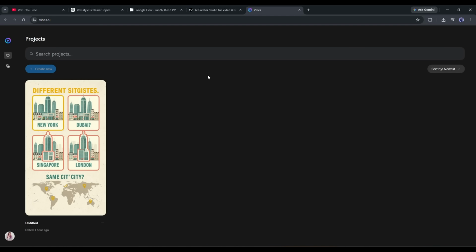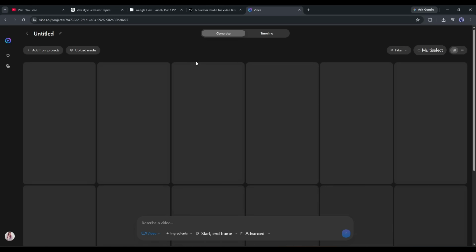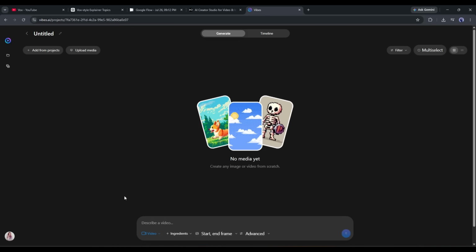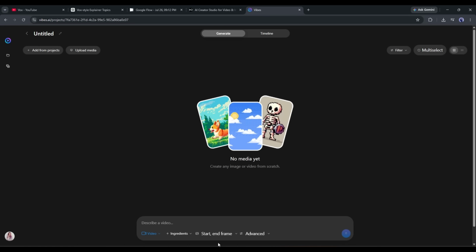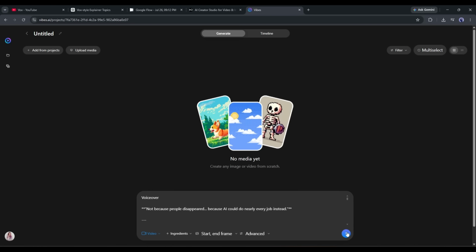Once you are on this page, click on the Create New button from here. This is the content generation page. At the bottom, you will find the prompt box. Now first, select the mode. You can create video, image, and lip sync video. I am selecting video. Next, you can add character, style, and scene. These are ingredients. I will make another separate video on this amazing feature. Okay, next you can add the start and end frames of the video. We don't need this. Okay, in the end, we have to select the resolution from advanced settings. I will go with 720p for better and crisp visuals. Okay, now enter the prompt here in this box. Once done, hit the send button to generate the video.